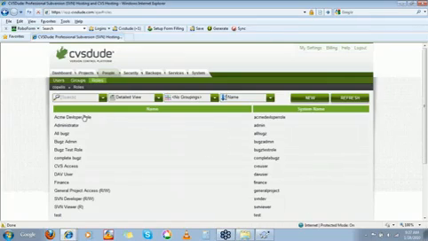So what I've done is, instead of going to 4 separate places to do permissions, it just took me about 20 seconds to create a role across all those applications. And as we add more and more services to CVS Dude, you will have the same exact security model that will apply to all these services. So as we bring in more open source products to serve your needs, as we bring in Git and others, then you will have a single